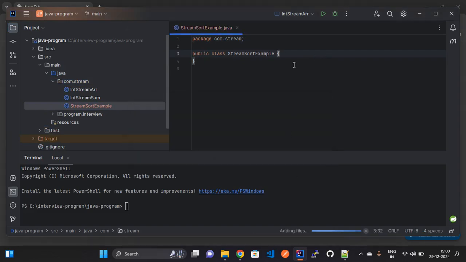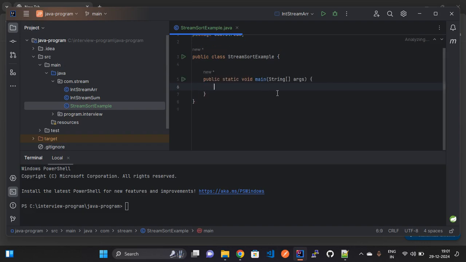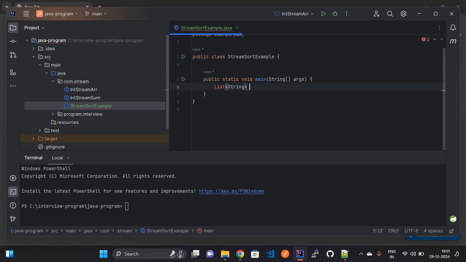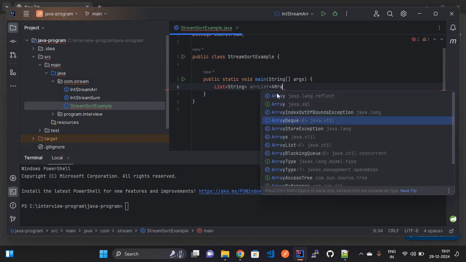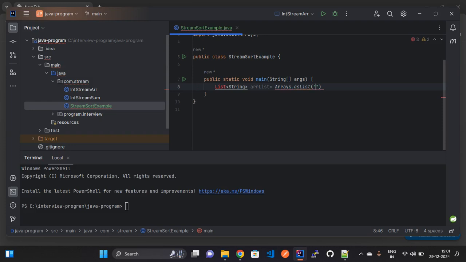So I am typing main and pressing Ctrl+Shift+Enter. Now defining a List of String, arrayList, equal to Arrays.asList. Here defining the names like Aman,